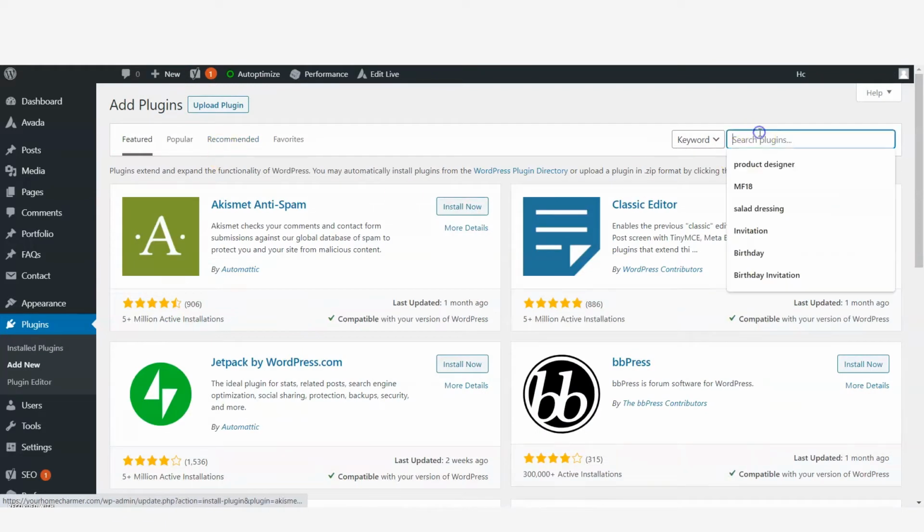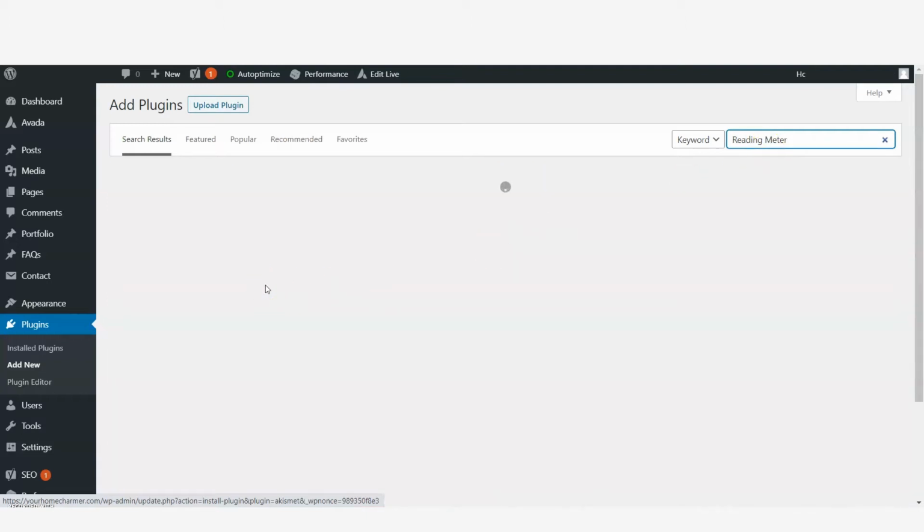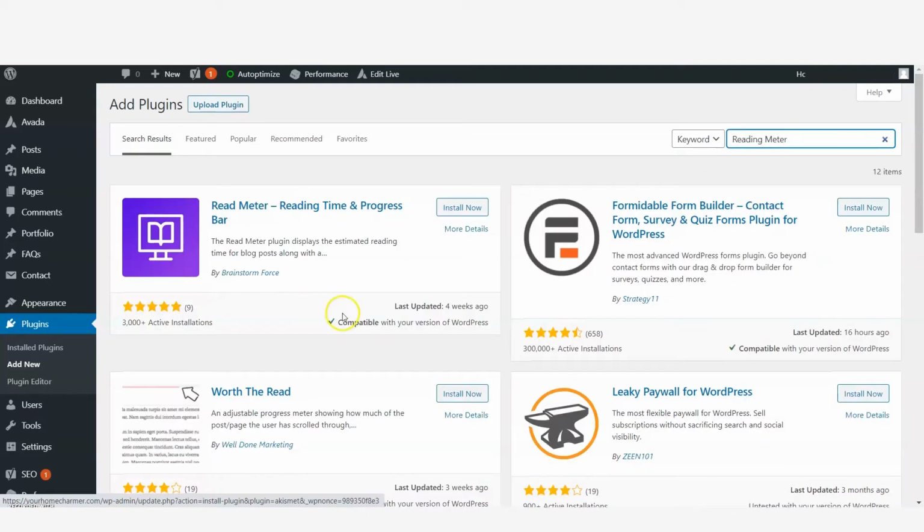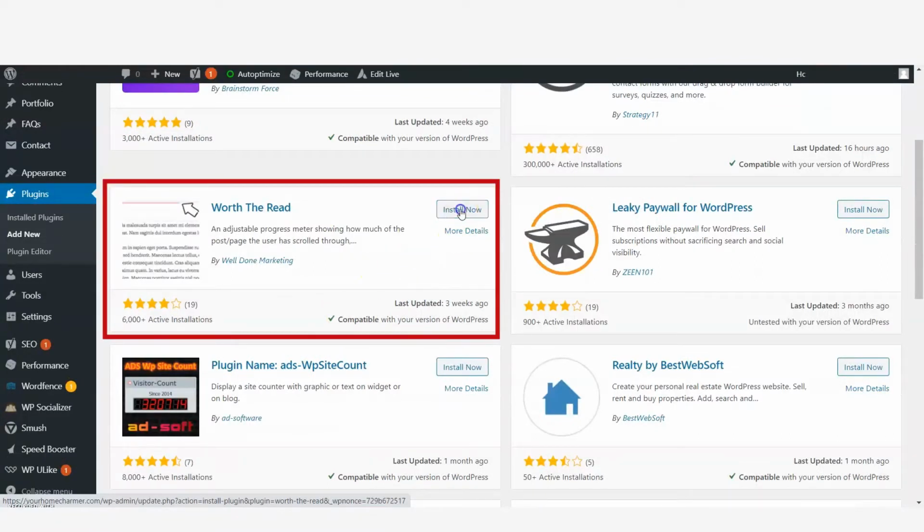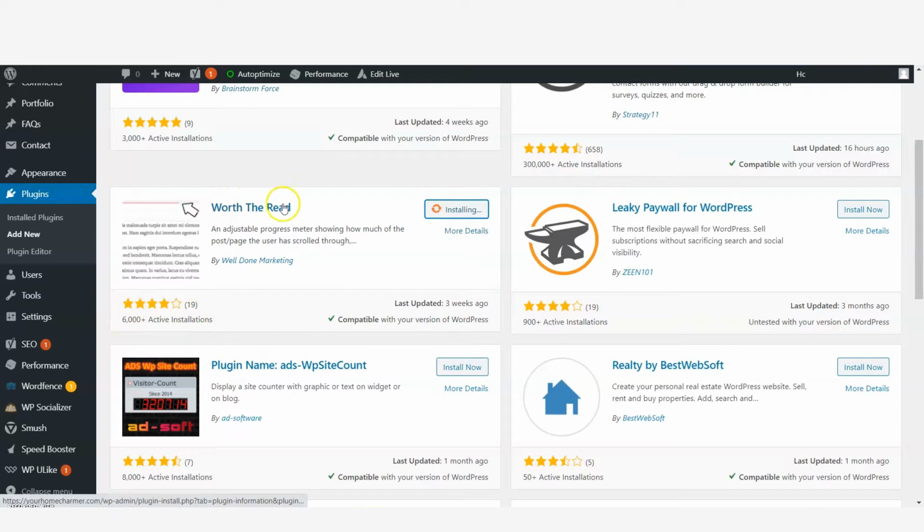Type your reading meter and press enter. We will install this one, Worth the Read. Click on install now. It has 6,000 plus active installations. Then click on activate.